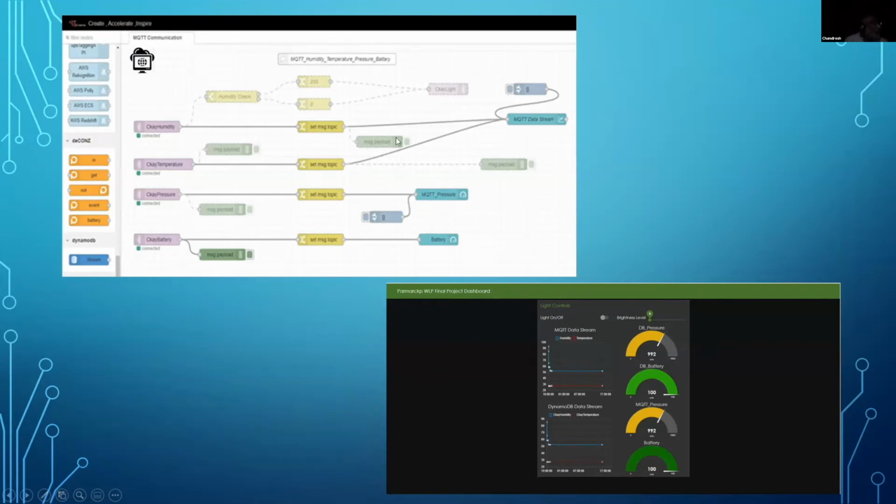I call the IoT Creator the implementation of thoughts, where whatever thoughts you have, the way you're trying to control your devices or your system can be implemented at this point. The screen below that is the IoT Creator dashboard, which allows you to show your graphs. Here I've plotted some data from the database, from the MQTT data which I have received in the messages, and it displays the graph here. There are some dials where it shows the pressure and the life of the battery.